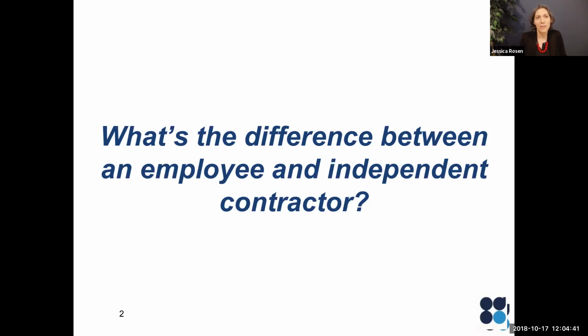When the economy has taken off in a different direction, we're going to talk about basically three things today. We're going to talk about what is an independent contractor and an employee. We're going to talk about the consequences of getting that wrong. And then we're going to talk about tips for how to move forward in light of some of those risks and potential consequences.